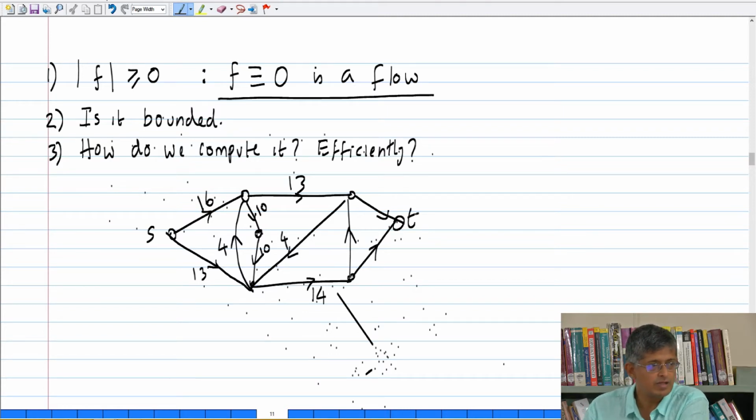This is the flow network that we will keep as a running example. So what you see are the nodes and the edges. The edges are oriented. Every edge has a capacity, and